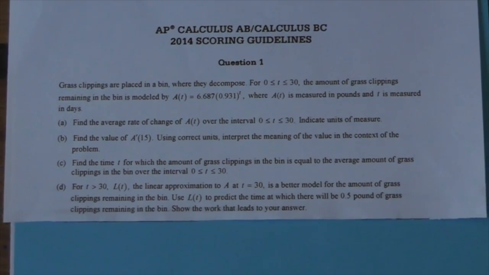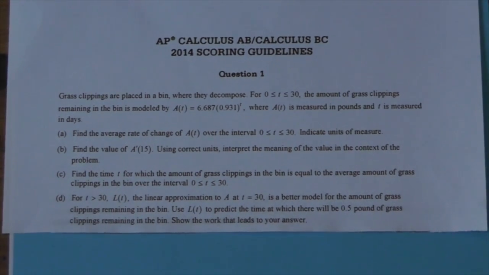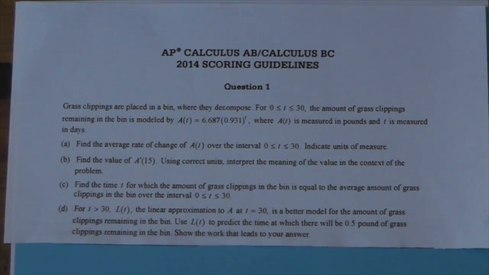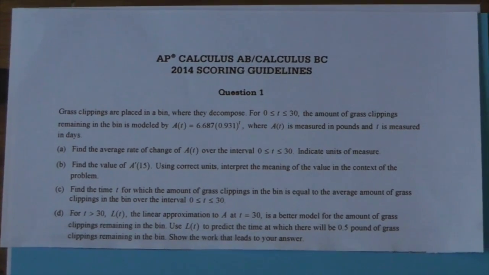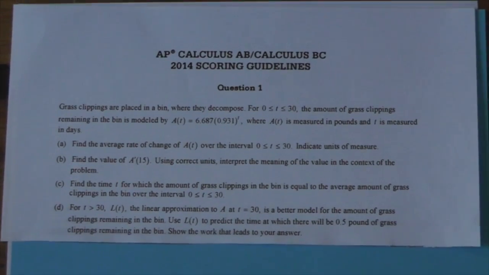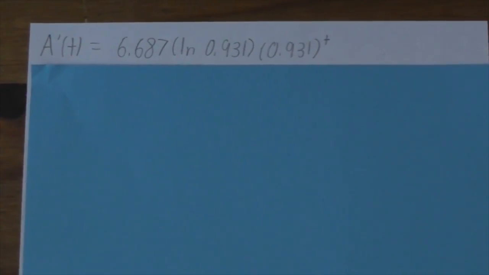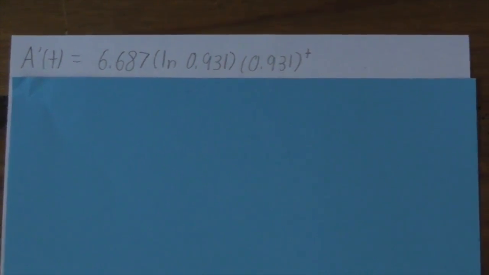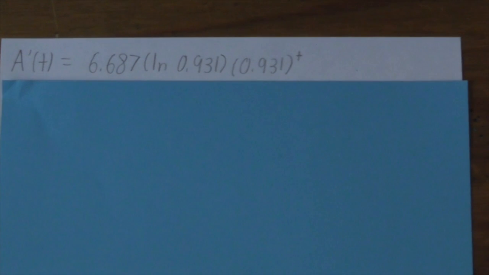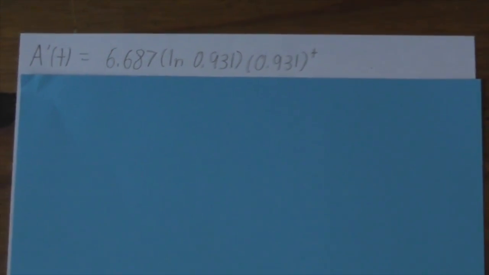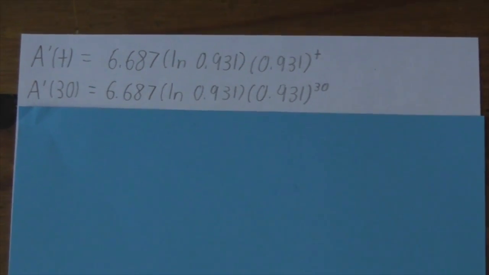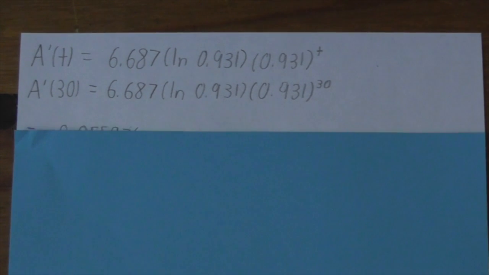First, we need to find the equation for L of t. We can do this by finding the tangent line to a of t at t equals 30. The slope of the tangent line is equal to a prime of 30, or the instantaneous slope at t equals 30. We have already figured out from part B that a prime of t is equal to 6.687 times ln of 0.931 times 0.931 to the power of t. To find a prime of 30, we plug in 30 for t. Using a calculator, the slope of the tangent line is about negative